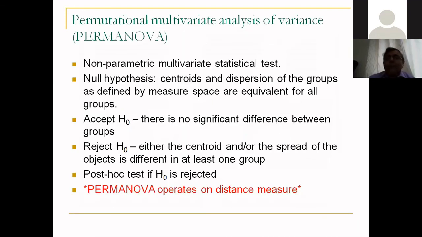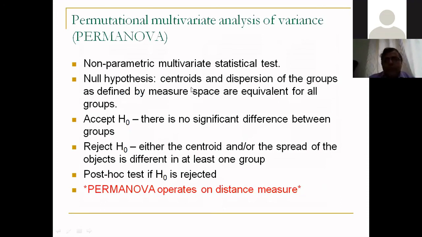If your data is not multivariate normal, this will happen actually many times. And when your data is not multivariate normal, you can go for two different tests. One is PERMANOVA, which is my favorite test, but you can also go for ANOSIM, which has certain issues, but it is also a good test. So you can use any one of them. PERMANOVA, or permutational multivariate analysis of variance, is a non-parametric test.